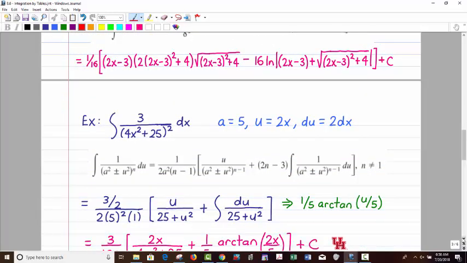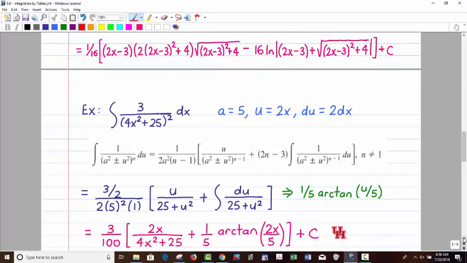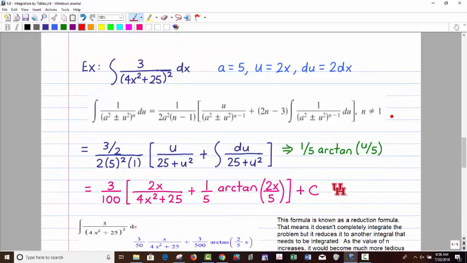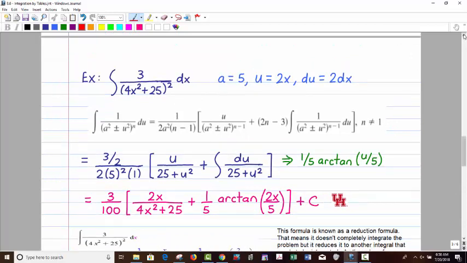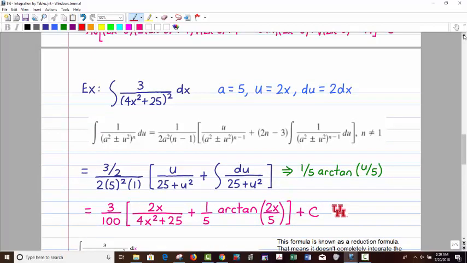How about this one? Now this one's kind of interesting because it has something that's called a reduction formula. This one looks like it could have been a complicated trig substitution maybe also. Now, of course, I don't think I would ever go higher than square here because this would just get